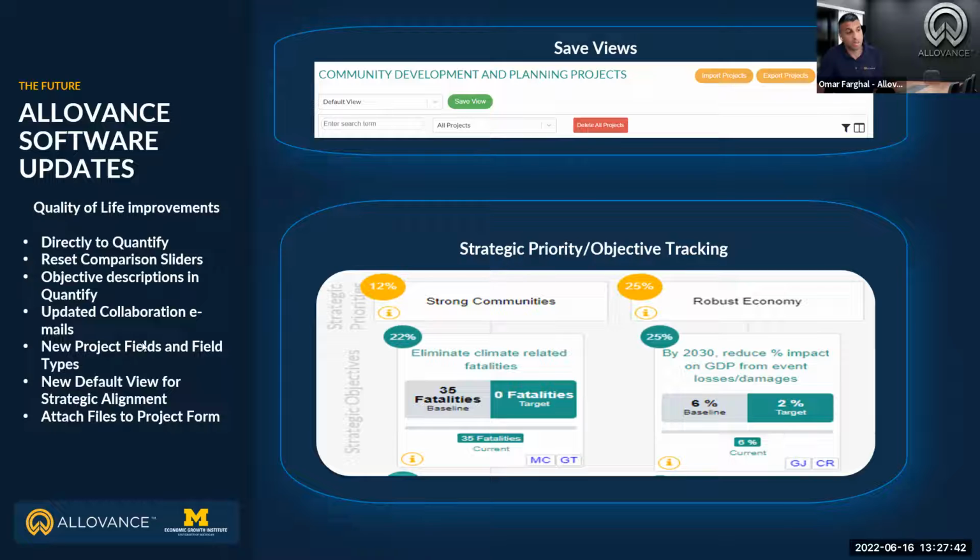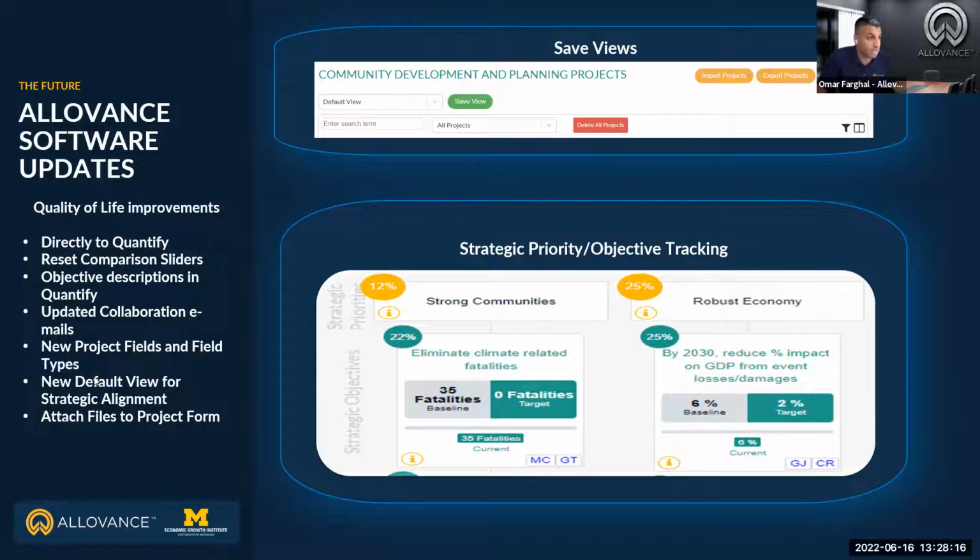We have new project fields and project field types. The types include things like you can now create a new project field type that's a text area. This means that you have formatting options as well for that field. But we also have new fields such as created on, updated on, created by, and updated by. So these are system generated fields that are included in every project that you can add to your project table. So you know, when did someone update my project, who updated it, when did they create it, and